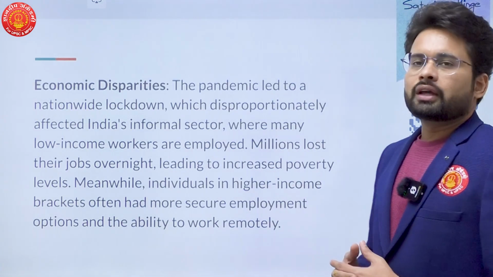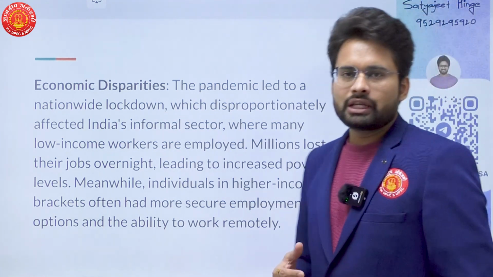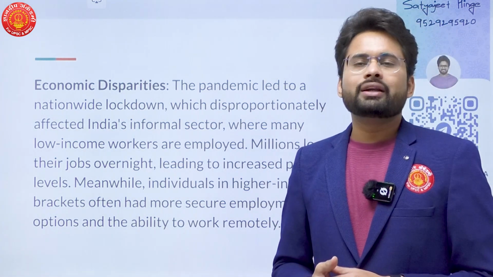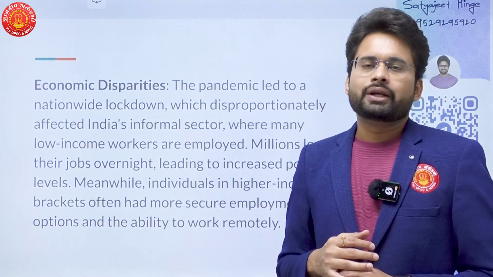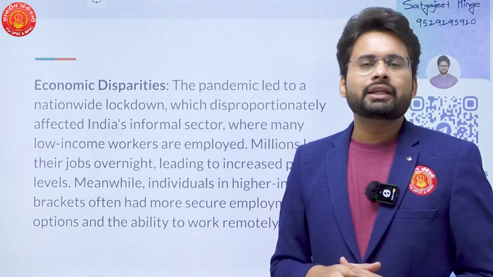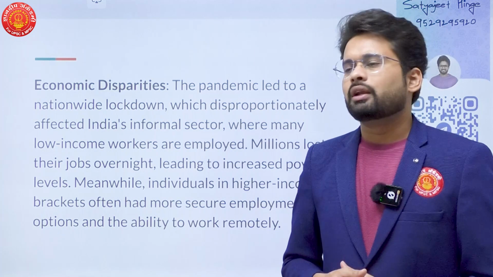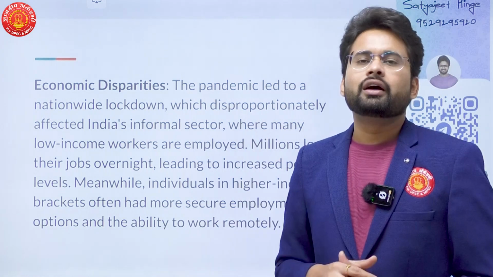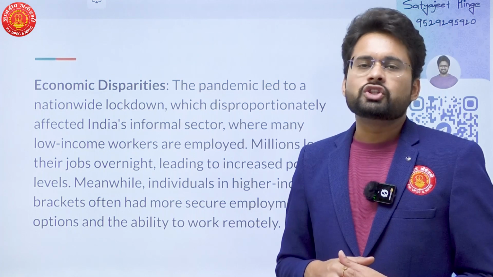And as the content part, what are the possible reasons behind that? Why did COVID-19 increase the income inequalities? The first point can be that it led to economic disparities. You know that on a particular night we implemented the lockdown policy, and because of that overnight lockdown, many millions of jobs were lost by the already poor people. Because of this lockdown, the unemployment rate rose to staggering ratios, and millions of people who were already poor were left jobless.